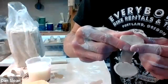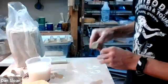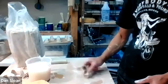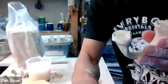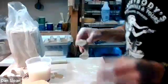Conform. Got 2 congruent attachment points. On the table, roll the edges so I get that nice bevel. Okay, so we got that. Cool, got our bevels. Gonna take my magic cup,